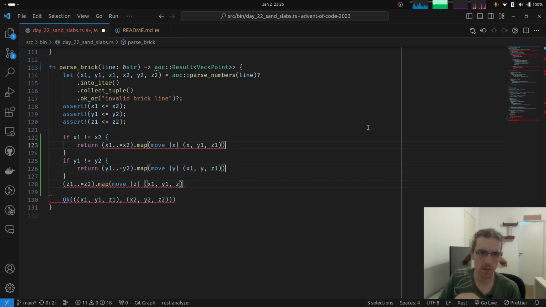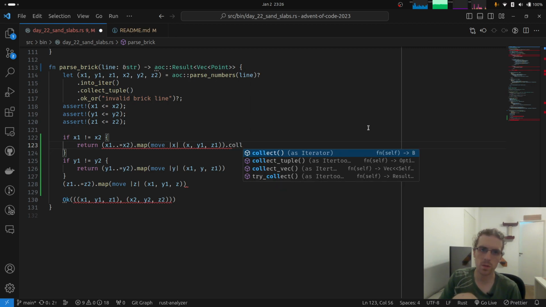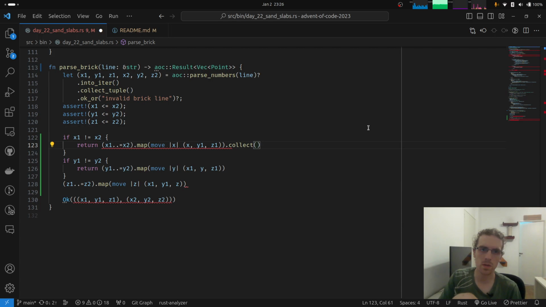Also remove this. I think I removed something that I didn't want to. But if x1 is different than x2, let's go from x1 to x2. Map like this. This is basically the same logic as the iteration to generate the breakpoints that we were doing before, but we're just going to collect this into, oh, this is result. Okay, then